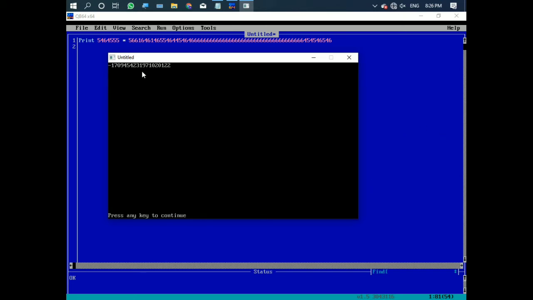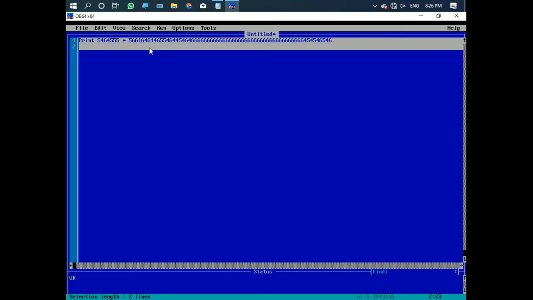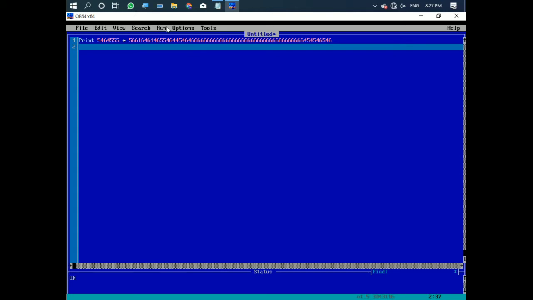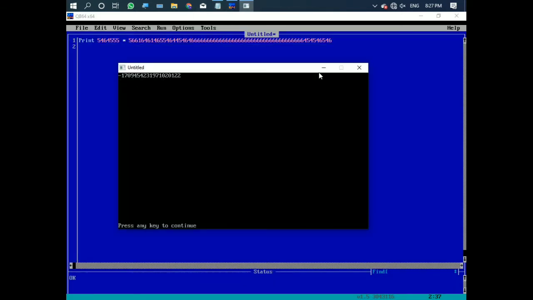So you can see here minus 17094, suppose I have written something wrong. There is something to note here: why is this minus coming? I think this is an error of the system, because sometimes when I write a huge number, an error comes. If I click on run, the minus thing is coming.